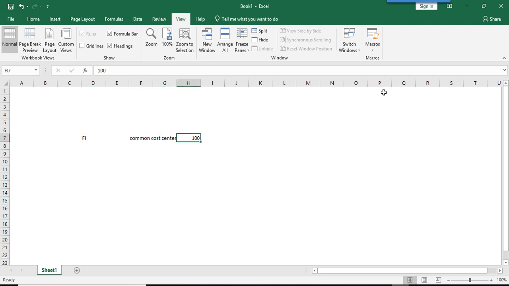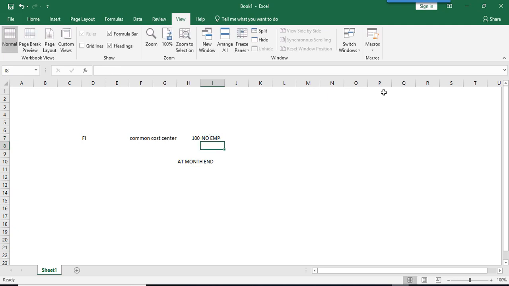Now in controlling, all 100 is laying in common cost center. At month end, this common cost center amount will be assessed to other cost centers based on a criteria like number of employees or any suitable criteria.